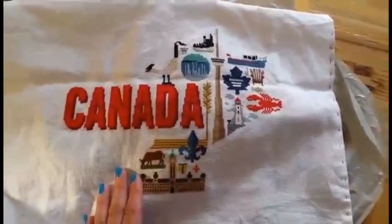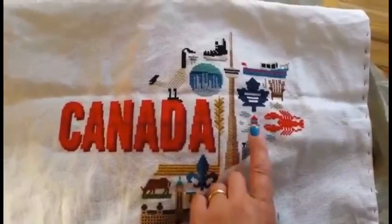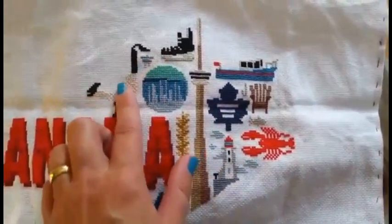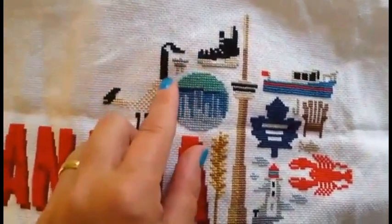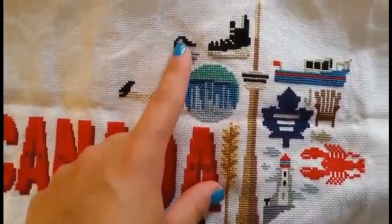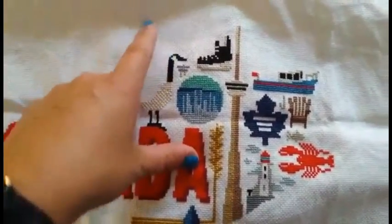As you know, I'm stitching 2 of them. They're all caught up to the same point. I finished the lighthouse and lobster, the little fish, and now I've moved over here. So yesterday at work, I stitched in this little Inukshuk, okay, and now I'm stitching a Canada goose right here. Once I get the Inukshuk and the goose done, and there's another motif up here,